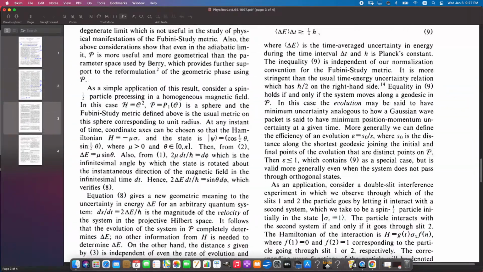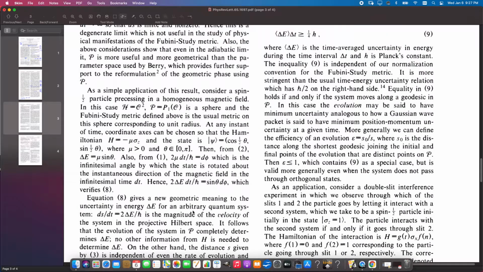Yes, it is. From 2, yes. This is this delta E, okay. From 1. So in order for it to be a solution to Schrodinger equation,